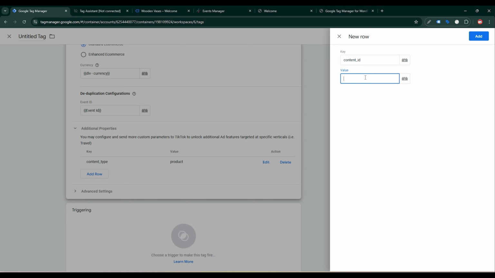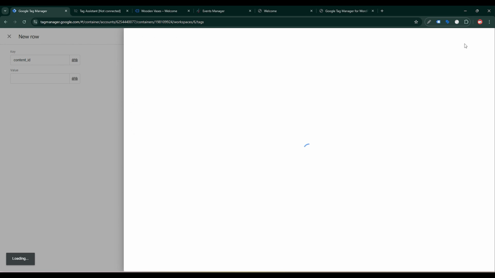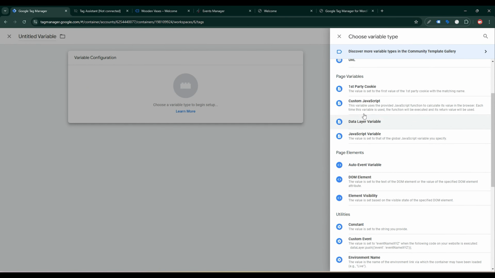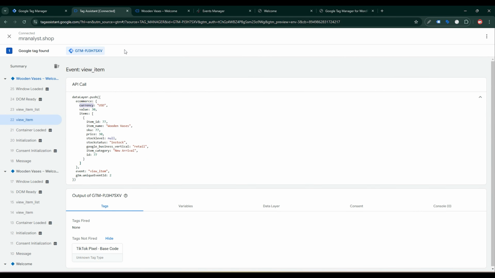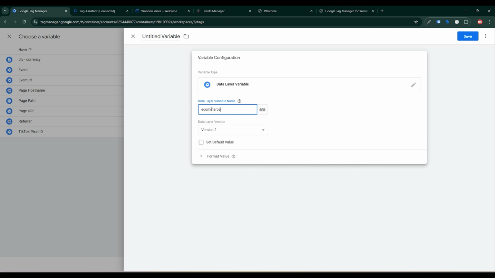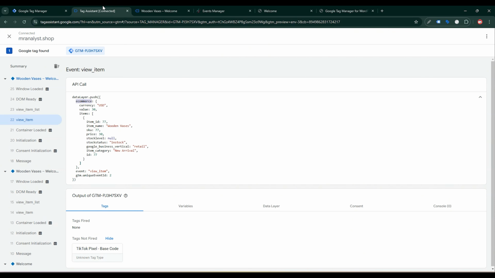So I need to create a variable for content ID. Again, click the plus sign, then find Data Layer Variable. If you look at our website's data layer, first pick ecommerce, then items, then item ID. So first pick this value, then paste here, then dot, then again items,